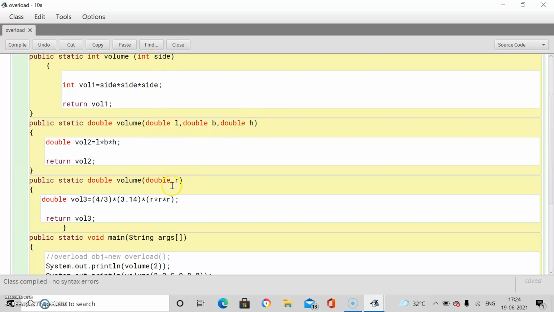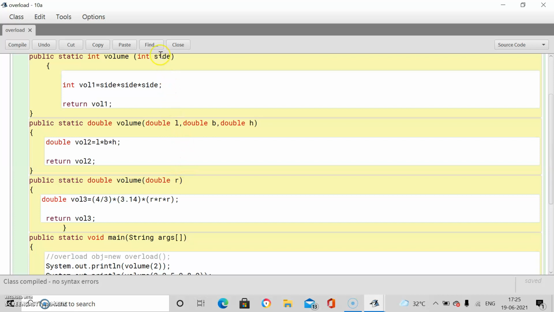The bracket portion. Here I have taken one variable. This function is receiving only one variable, that is of integer type. This volume is receiving 3 parameters, 3 values that are of double type, and this volume function is receiving only a single value, that is of double type.